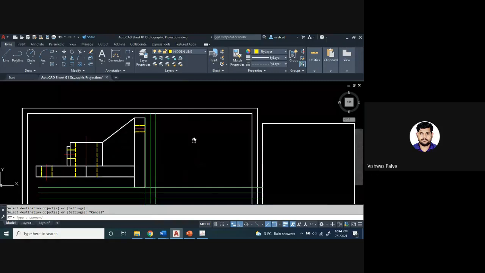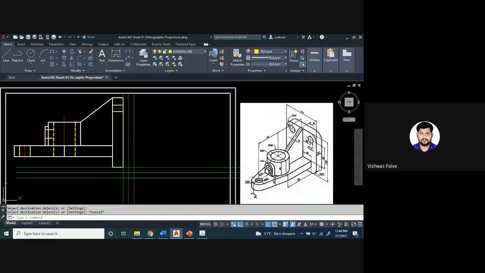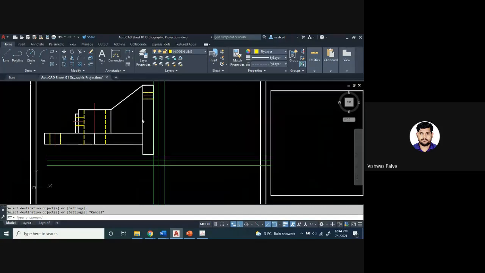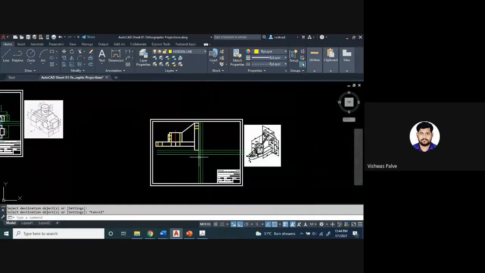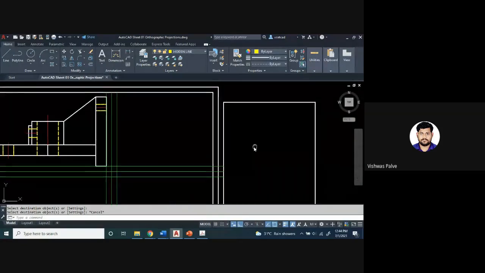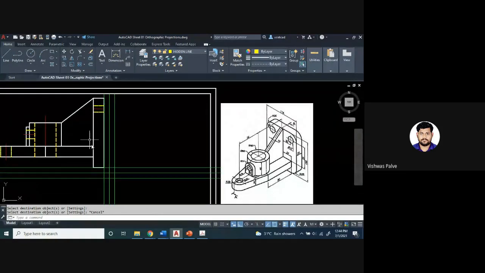So you will get a hole there, and at the bottom there is no hole. So here we have completed its front view. This will be the normal front view. Now I want to complete its top view. For the top view, again I will draw it with projection, or you can go with dimensions. 114 is the maximum width.